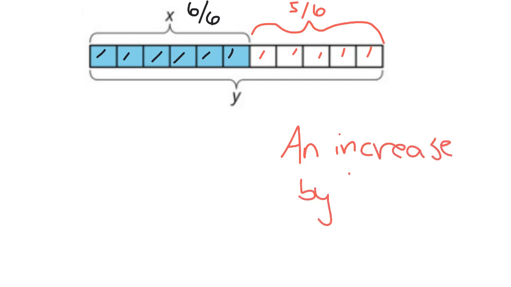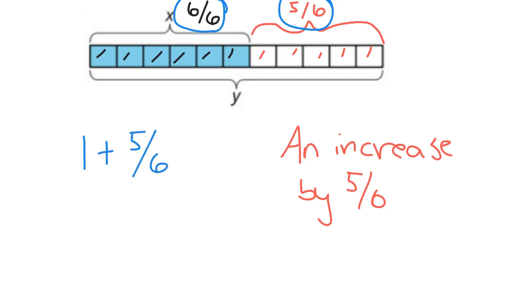by 5 sixths. Now, for our equation, we know that we have our 6 sixths here, which equals 1, and then a 5 sixths here, which is 1 plus 5/6, putting them together. So it's 1 5/6. Now you just have to figure out what that would be as a decimal. So if you take your 5/6 and do 5 divided by 6, you're going to end up with